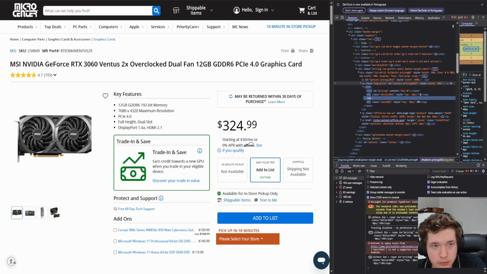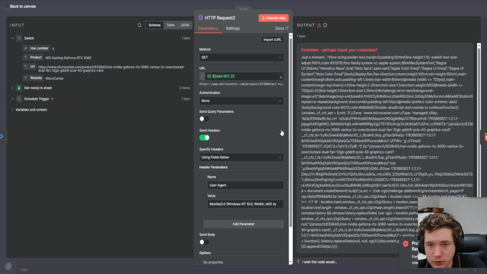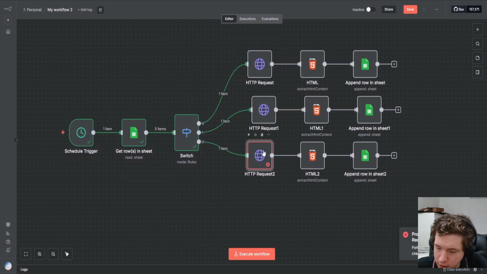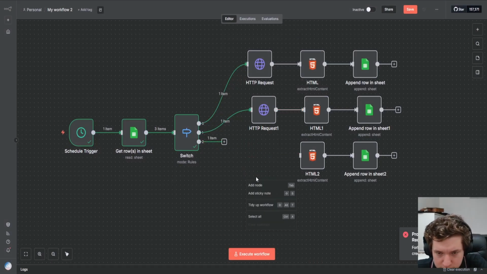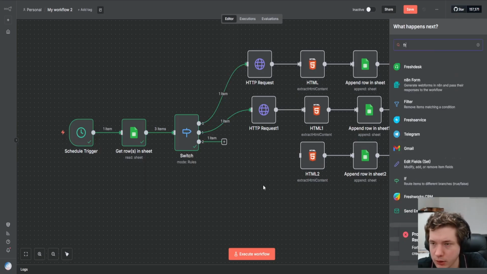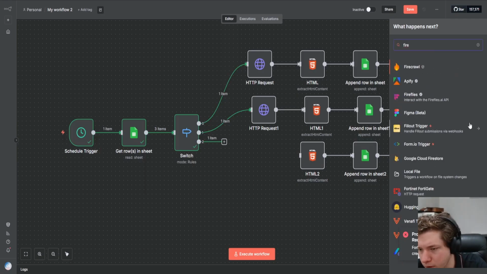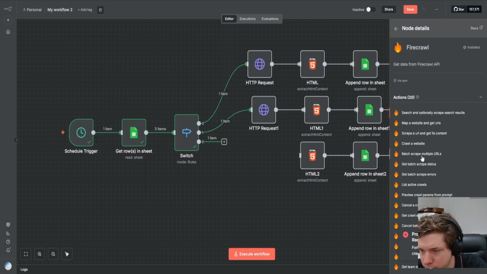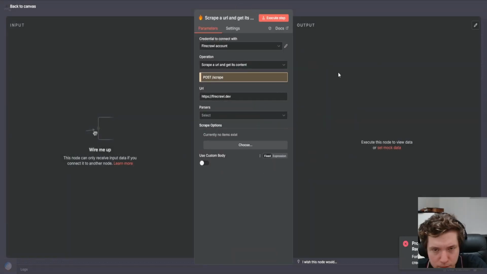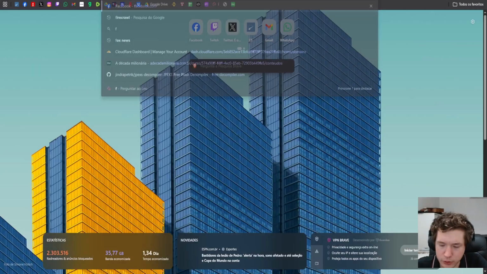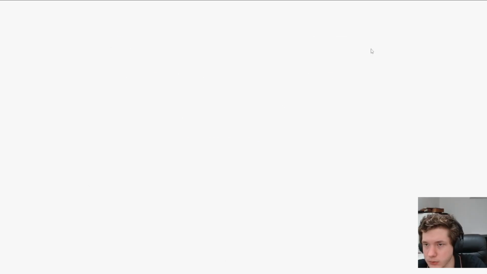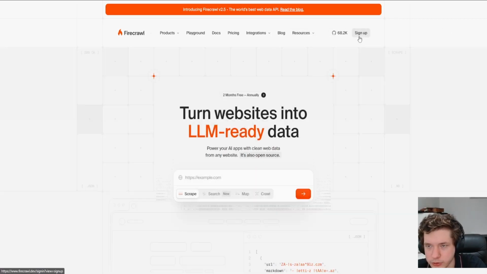So the Micro Center website doesn't allow raw HTTP requests, so we're gonna need to use something else, like a crawler service, like Firecrawl or any other crawler. So let's use Firecrawl, scrape URL, and you're gonna need to set up your Firecrawl account. So go to the Firecrawl. It's free, so you just need to sign up,